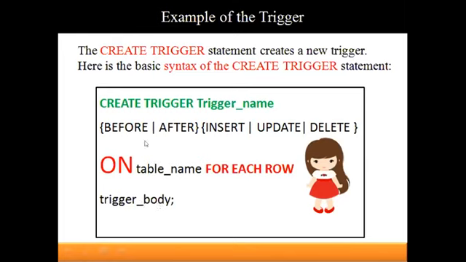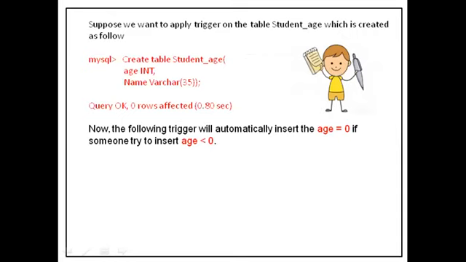CREATE TRIGGER trigger_name BEFORE | AFTER INSERT | UPDATE | DELETE ON table_name FOR EACH ROW trigger_body. This is the syntax of a trigger. Now see one example. If you want to create a trigger, there are three things. See how to do it. First, create the trigger, then